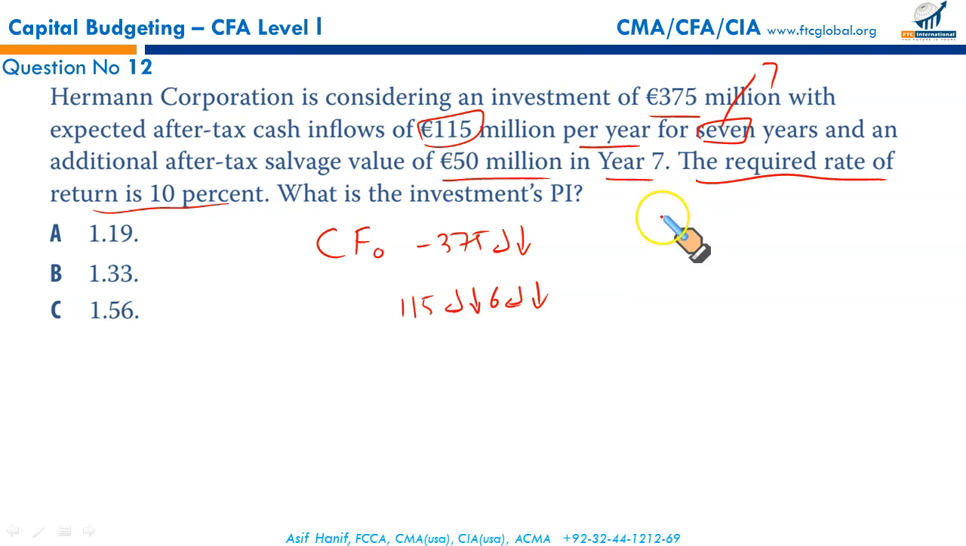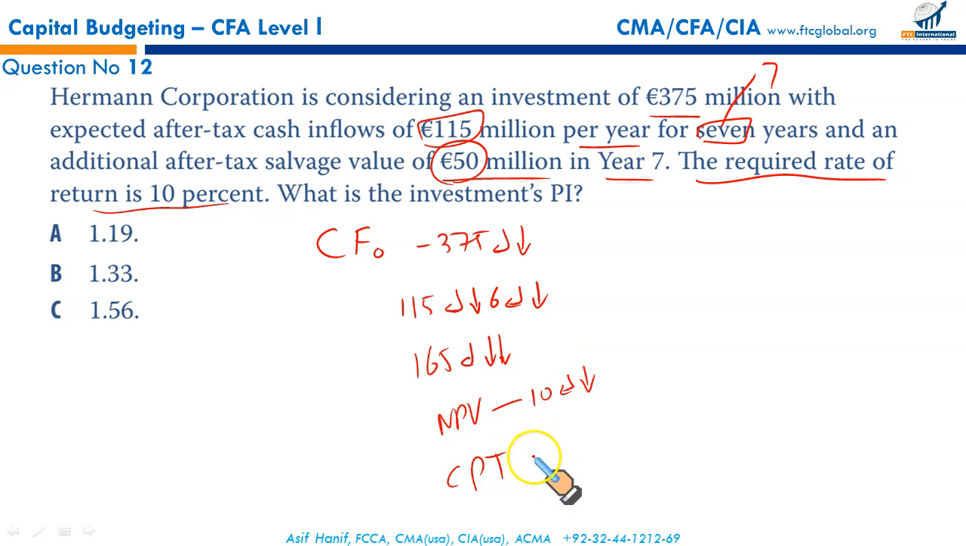Why? Because the 7th year 115 will be added in this 50 million, giving you a total of 165 at the end of 7th year, right? So 115, 6 times has been taken here in this arrangement, and the last 115 will be added in the 50, so 165 at the end of 7th year. Now enter all these, press NPV, 10, enter, down arrow key, press CPT, and you should get 210.52. Gentlemen, this is NPV,